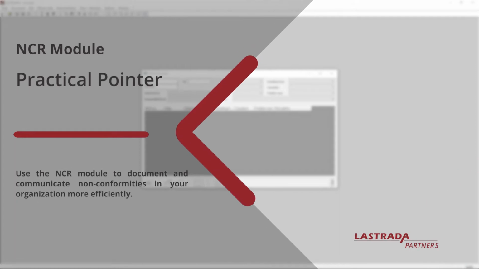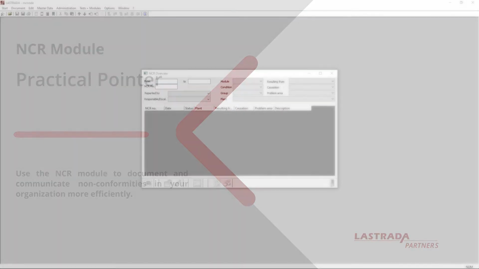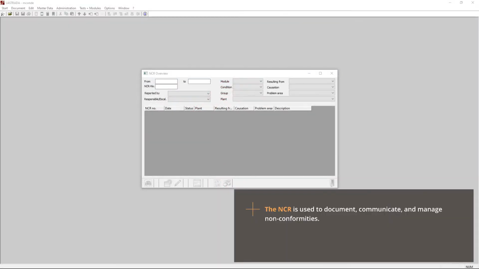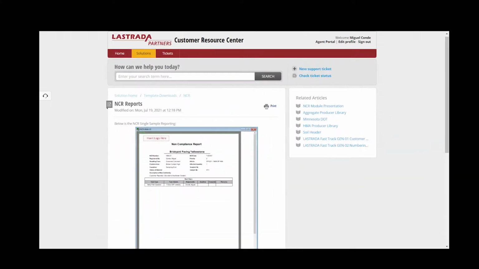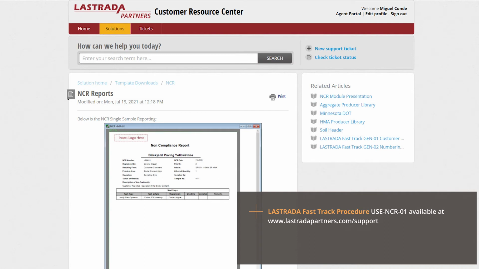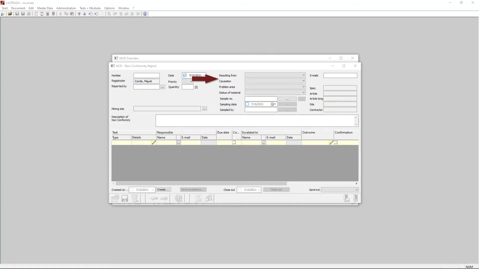In this practical pointer, I am going to show you how the LASTRADA NCR module is used. The primary purpose of the NCR is communicating any non-conformities in the process and to notify your organization. Refer to the LASTRADA Fast Track Procedure, use NCR 01 for configuring the NCR text resulting from causation, problem area, and